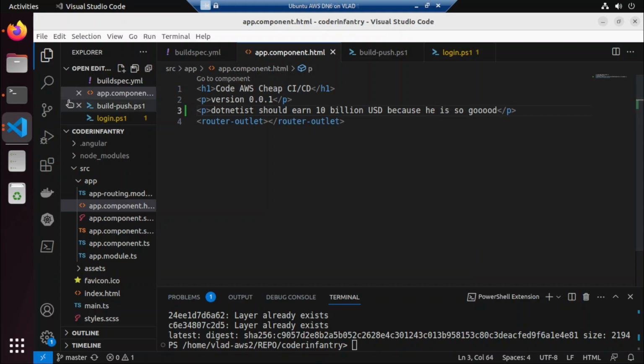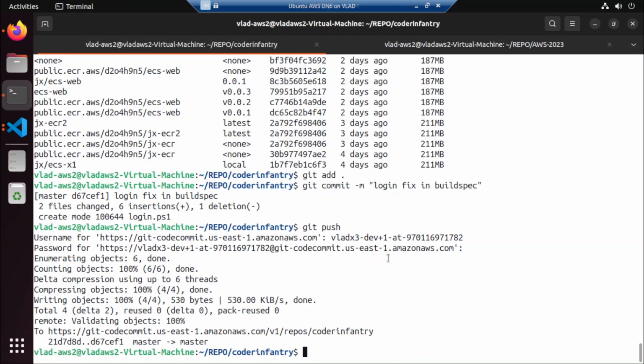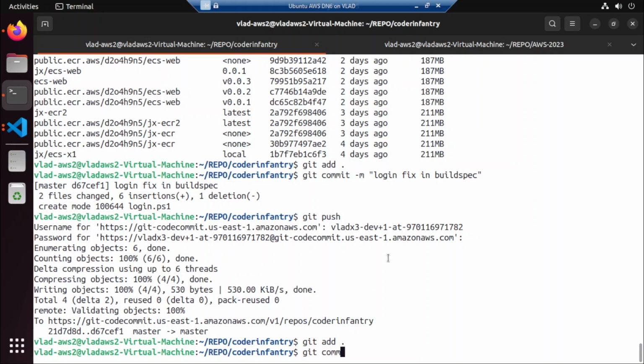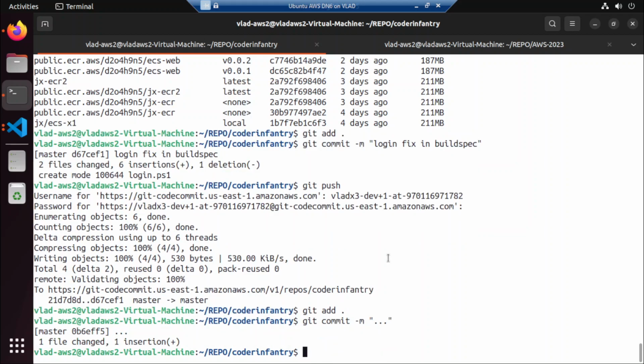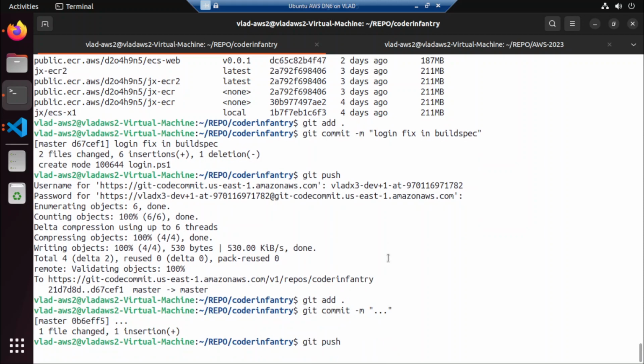All right. So if I do that, then push this. Okay, push that, and